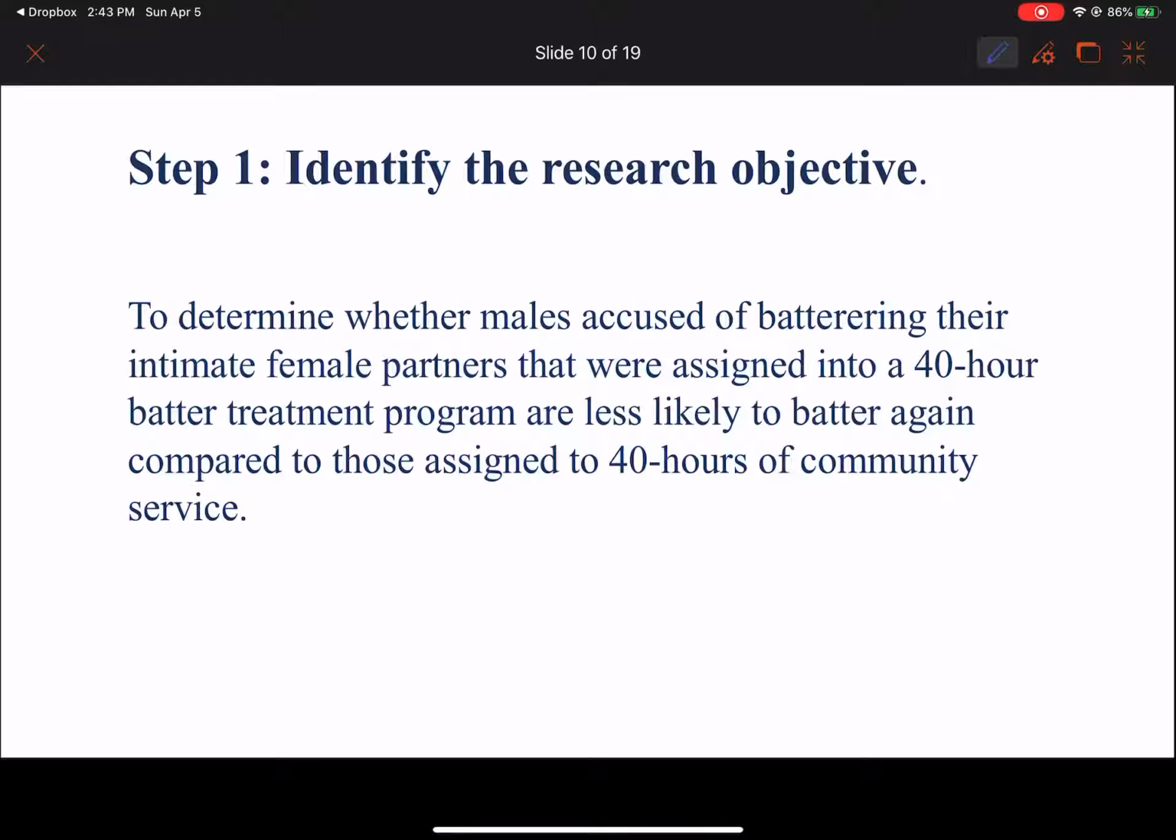So our research objective is to determine whether those who are accused of battering their intimate female partners, the ones that were in the batterer treatment program, are less likely to batter again compared to those that did community service. Next,